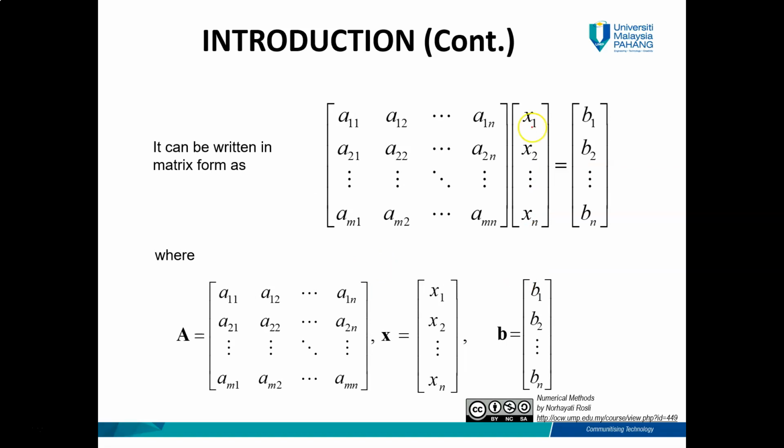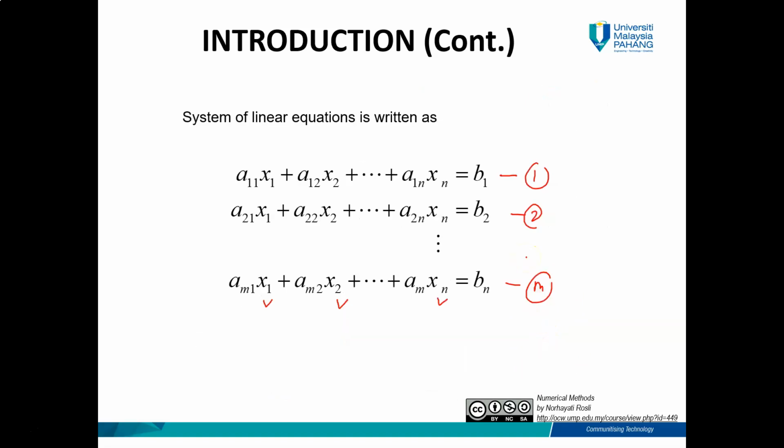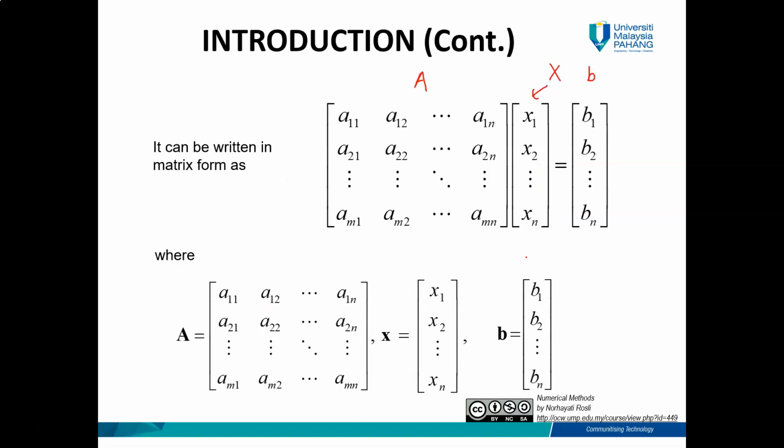And then class, if you have that kind of system, when you want to solve it, it means that you want to find the unknown. What does it mean by unknown here? The unknown is referred to this x. And this a is the coefficient of the corresponding x, and it is equal to the constant b, and we can write it in terms of vector b. So class, this a we write as a matrix, x is the unknown, and b is the vector b. And you need to know how you can transform this system from equations to a matrix.